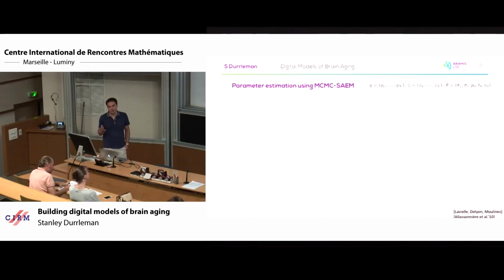So there are multiple choices of algorithm for doing so, but here we have very highly nonlinear settings, so there are not so many choices actually to make inference in this setting. At the moment we stick with this MCMC AEM approach that I will describe here a bit more. So the goal is to find, I just don't assume a prior for the sake of simplicity, so we want to optimize the likelihood of the observation given the parameters, which requires to